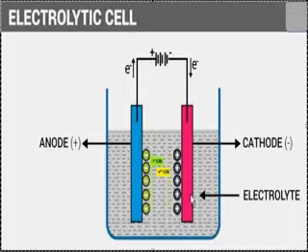Now both the electrodes are dipped in the same vessel containing a solution of electrolytes or molten salt. The electrode which is connected to the positive electrode of the battery is called the anode, and oxidation takes place there. Similarly, the electrode which is connected to the negative electrode of the battery is called the cathode, and reduction takes place there. Here there is no salt bridge.